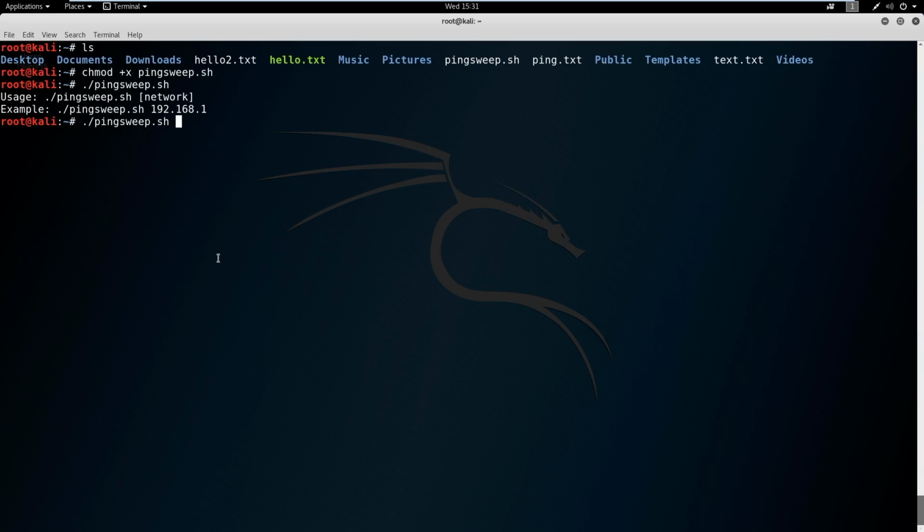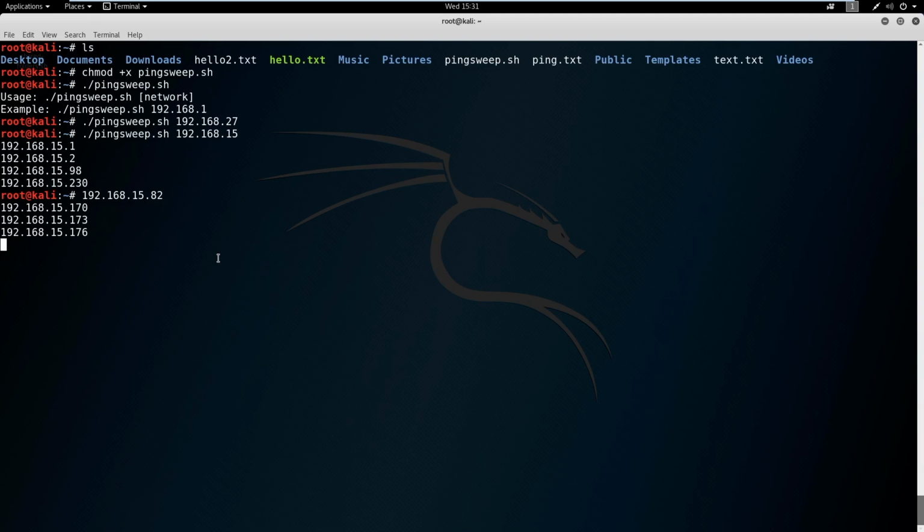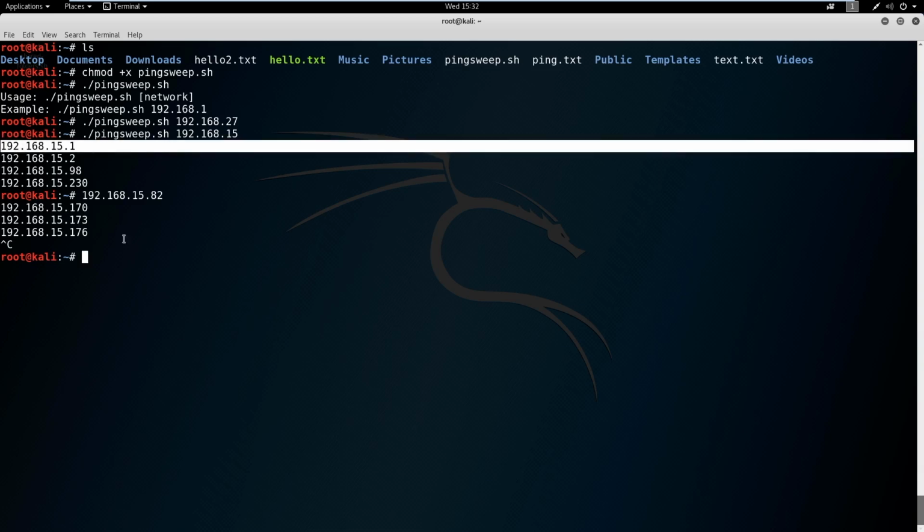So now that that's working, let's test out any network. I'm going to say 27. Let's just see if it starts sweeping through the network. Okay, it did, but we saw nothing because we don't have any IP addresses in this network. So let's try it with our network. Okay, so we just returned some IP addresses back in a list here. So you can see that my router came up, one of my machines came up, and several other of my